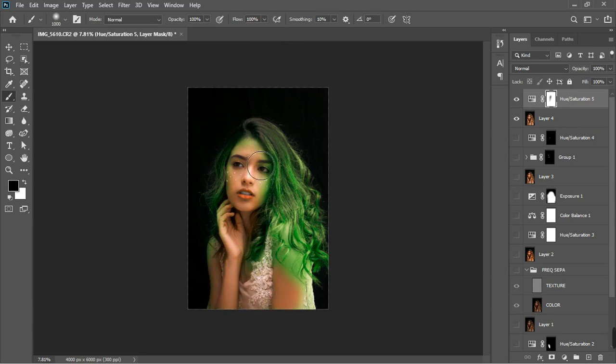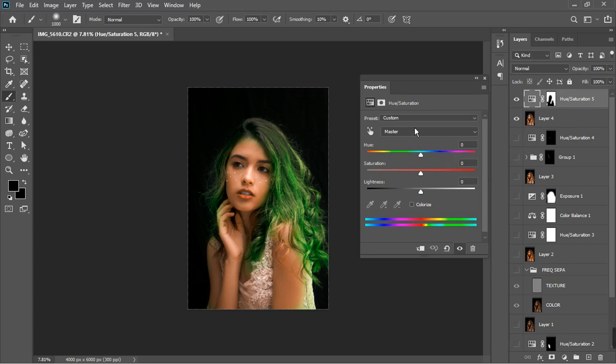But it's very hard for you to select it from the place you don't need it, so I'm just going to remove like this. That's if you want to make the hair black, you can actually do this. Alright, so back to the hue and saturation, and I think we selected the yellows. Let's make this one 0,